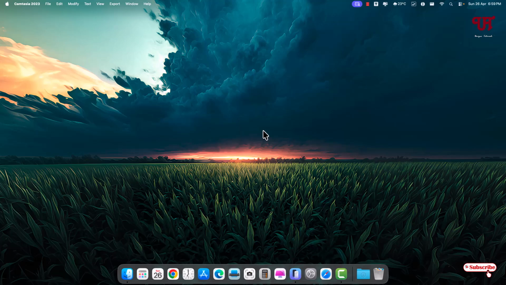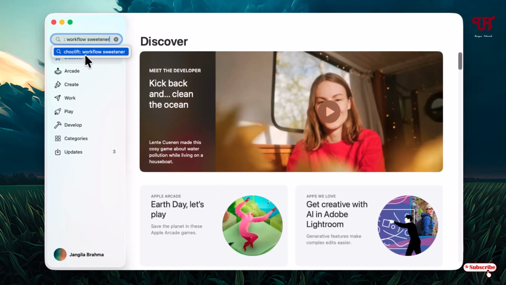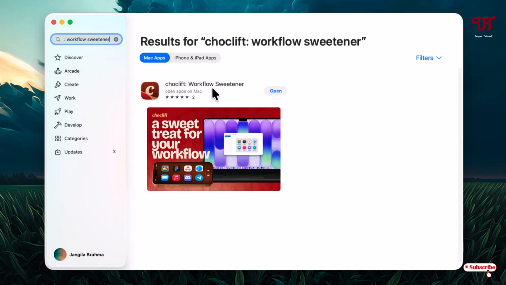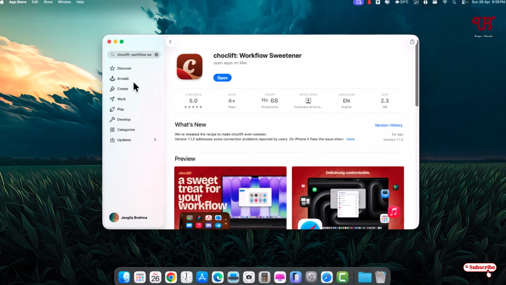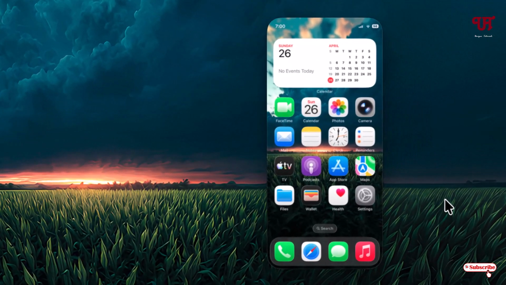So firstly, on your Mac computer, just open the App Store and search for Chocolate Workflow Sweetener. Now you will see the application. As I've already downloaded and installed it, I'm not going to do it again. So firstly, download and install it on your respective Mac computers, and after that on your iPhone or iPad devices,